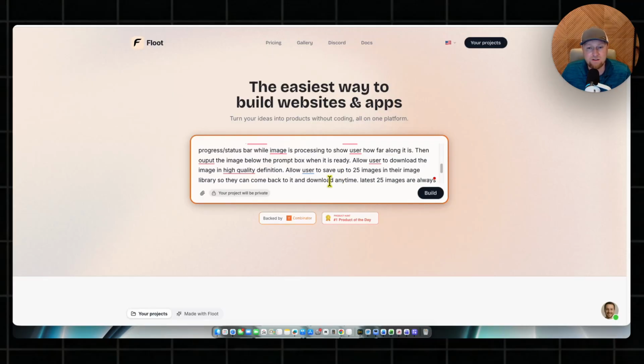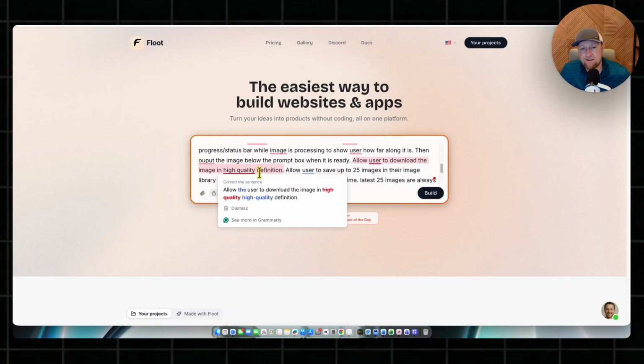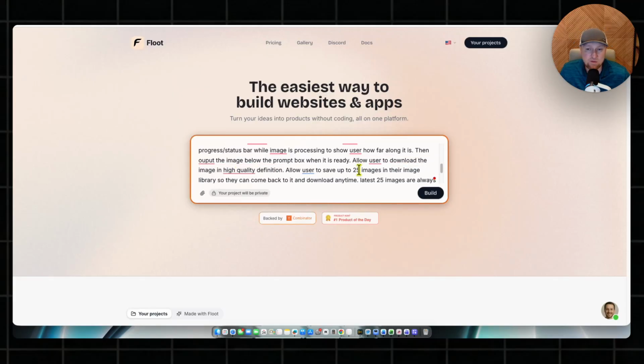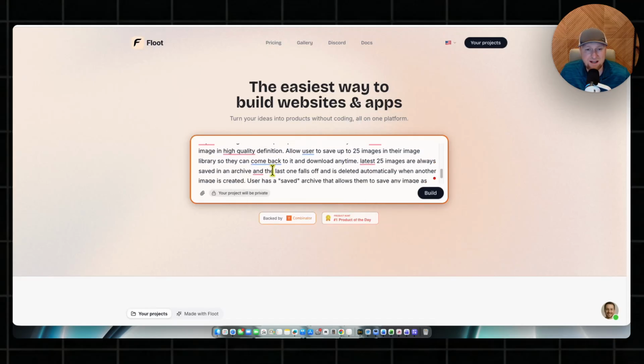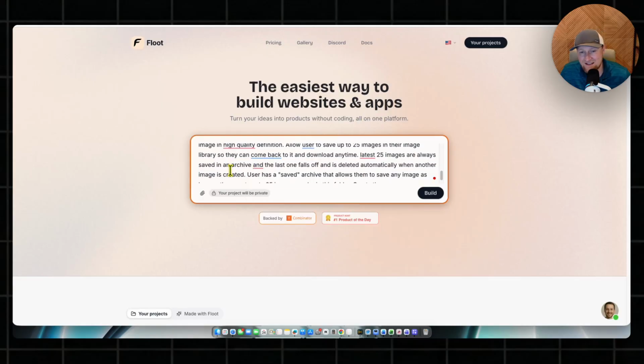But you don't have to be this advanced or this specific, but just know that you could. The more you add that's balanced, the more it's going to make your app that much more desirable and valuable. So I'm saying allow each user to download the image in high quality definition, allow user to save up to 25 images in their image library so they can come back to it and download anytime. Latest 25 images are always saved in an archive, and the last one falls off and is deleted automatically when